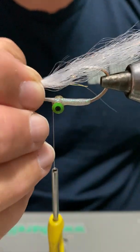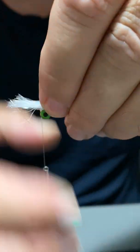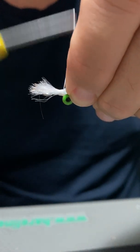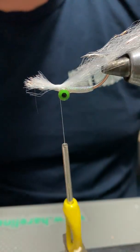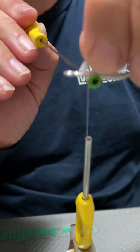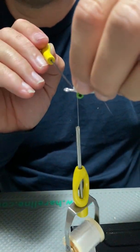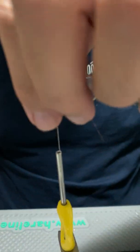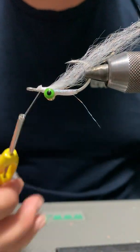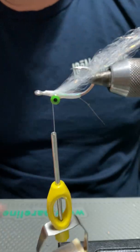That looks pretty good. We're going to put that in the middle and push those fibres over the top of that hook point. Okay. And grab your thread and bind that in with a few wraps. There's probably 6 there. But you don't want to go too far forward. So you can see that I'm still leaving plenty of room from where my tie-in threads are to where the front of the hook is. Okay, but we're going to just cut those little butt sections out